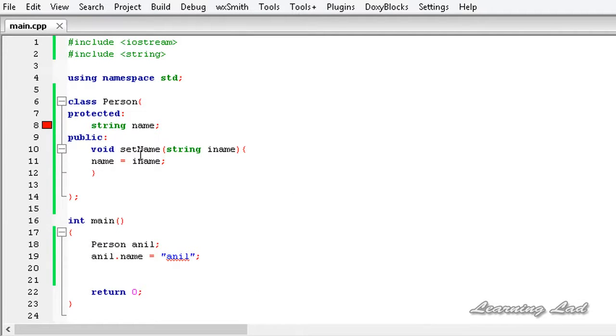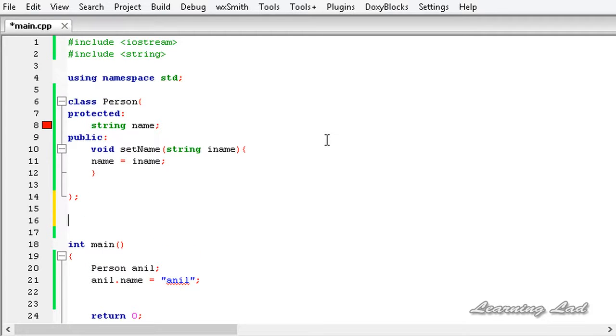The next thing is, when we have a member with the protected access specifier, it is available in the subclasses which inherit this class. For demonstration purposes, let's have a subclass, class Student, and the Student is going to inherit the class Person. So it's going to be the public access specifier and then Person.